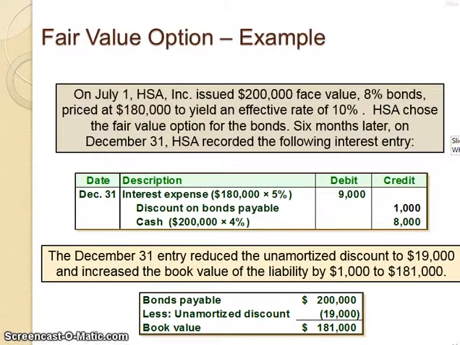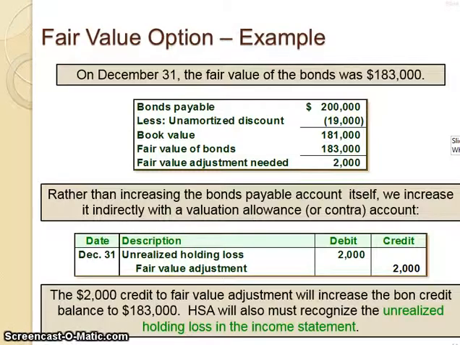Now let's get into the fair value part of this. We figured out on December 31st that the fair value of the bonds was $183,000, but we're carrying them at $181,000. So that means there is a $2,000 adjustment for fair value needed. We don't touch the bonds payable account, but what we do realize is we are carrying it right now